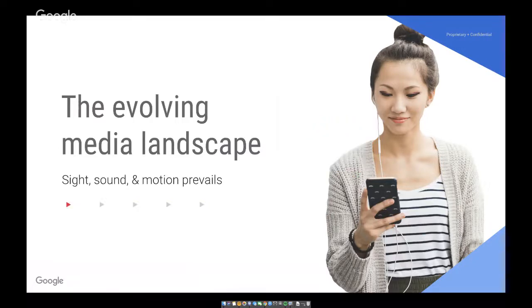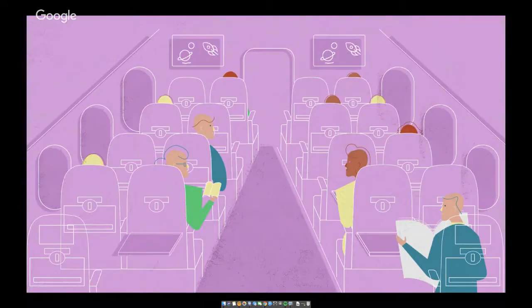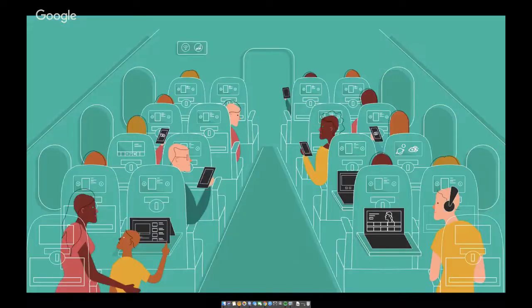The reason why we came up with this new audience type is the evolving media landscape. Imagine yourself in a plane. Fifteen years ago, it looked a bit like this: people are reading newspapers, people are reading books, staring outside of the window. There are maybe some TV screens. But this is how it looks nowadays. Everyone has a portable device, just to show again how important it has become. And people stream and watch shows and movies on their portable devices instead of watching TV, instead of reading the newspaper. So we see this big trend, and Google really tried to tap into that.